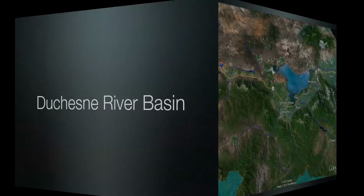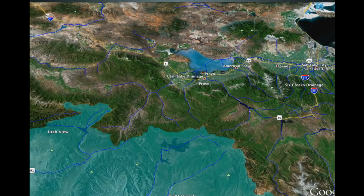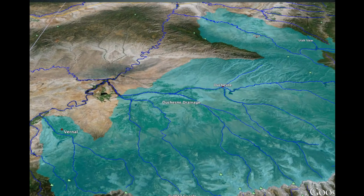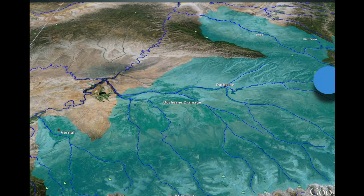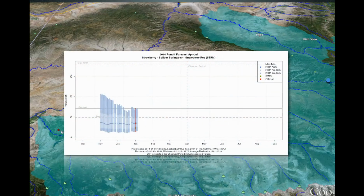Now let's look at the Duchesne River Basin, which is the area that drains the southern aspect of the Uinta Mountains into the Green River. And we'll look at 3 points here. The first being the Strawberry Reservoir at Soldier Springs, the inflow into Strawberry, and we're seeing maybe somewhere around 30,000 acre feet, with the average at about 70,000. Median at 50, so a little closer, but still it's been trending below the median and the average for the